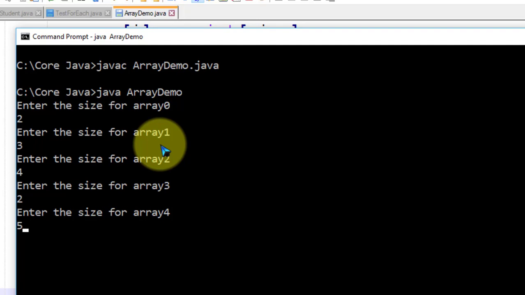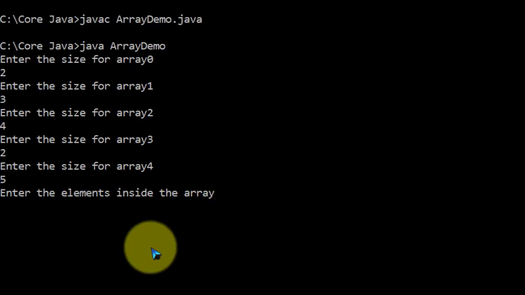Okay. So how many elements do I have to enter? Now here 2 plus 3 plus 4 plus 2 plus 5. 7, 11, 11, 3, 14, 14 plus 2, 16. Correct? Here I have to enter the elements.